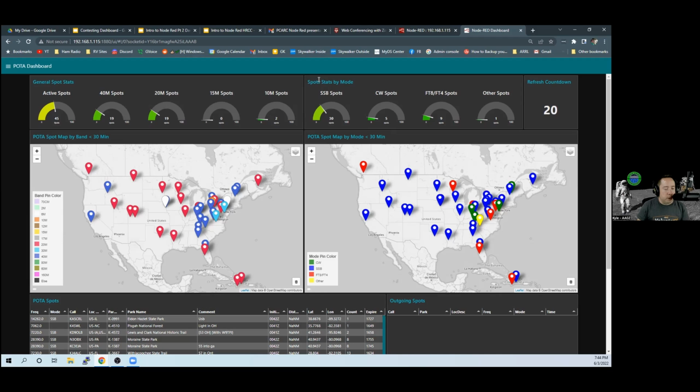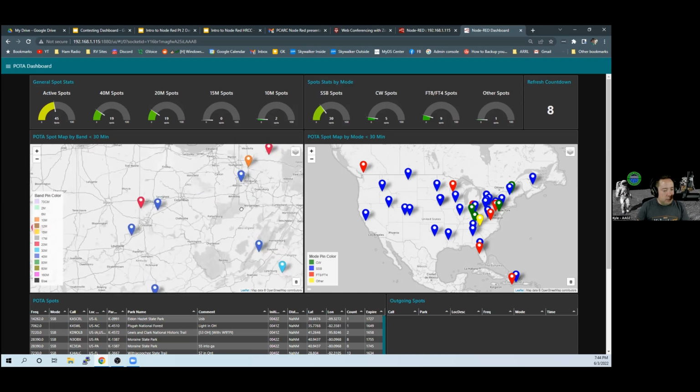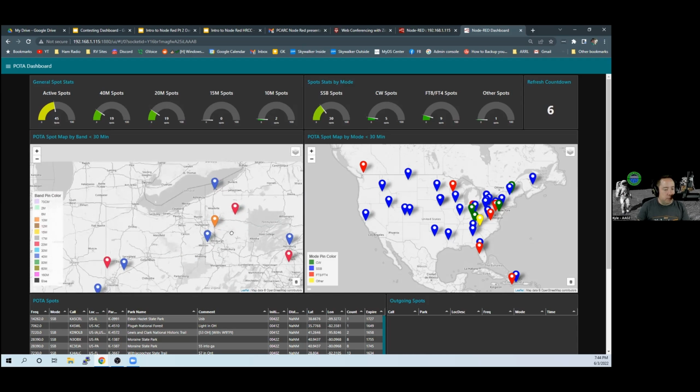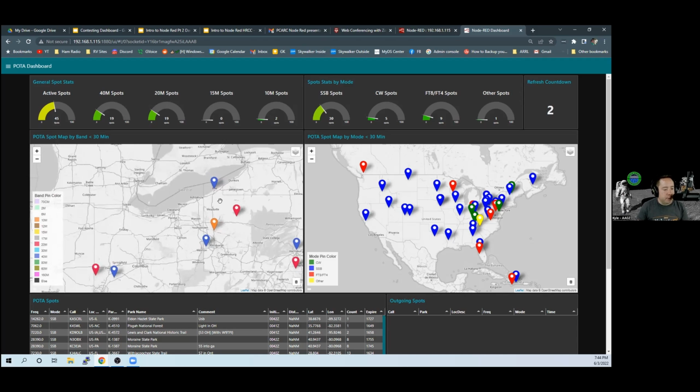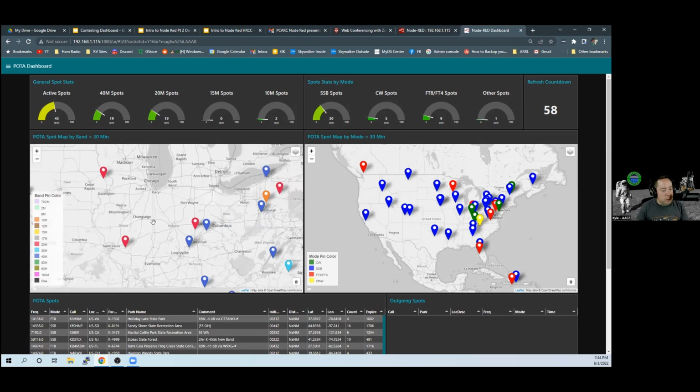Then I've broken this out by mode. So there's 30 SSB, 5 CW, 9 FT8 or FT4. And then this map is just a drop-in, and it grabs the information from the JSON data that I pull off of the Spots app and just maps it on this map. And I just give it a pin based on what